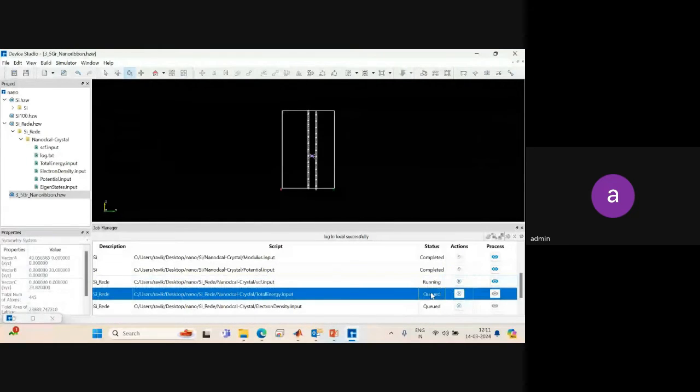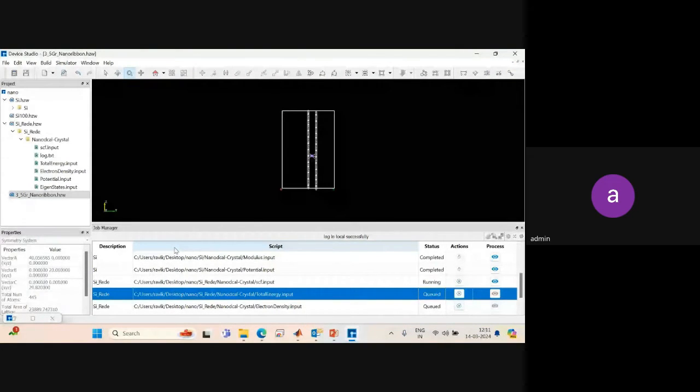Whenever the number of atoms increases, the simulation time will increase. It depends on the system, the computer which you have, how much configuration your system has, as well as the